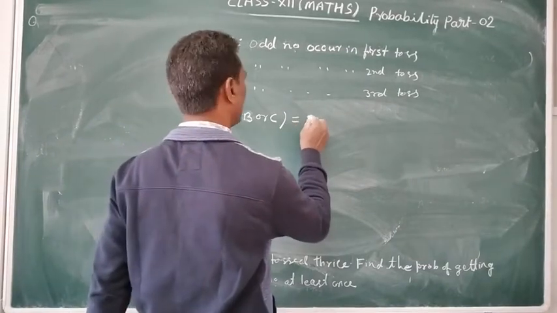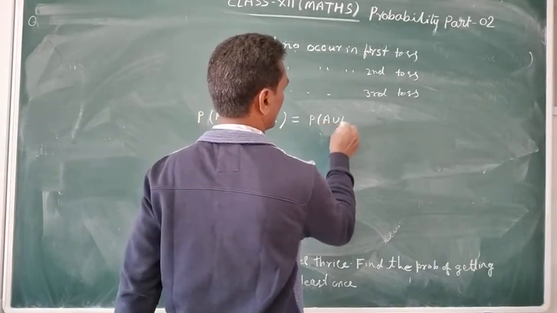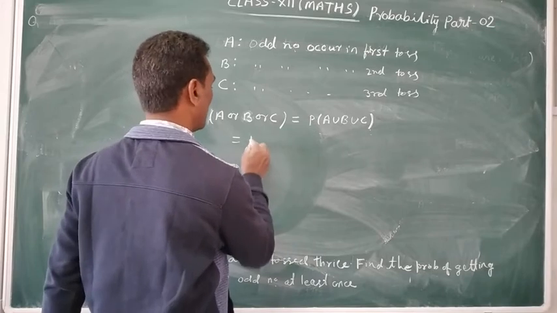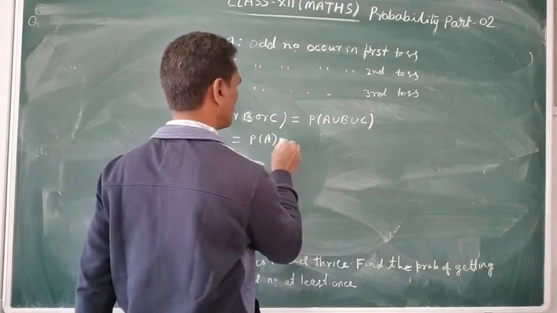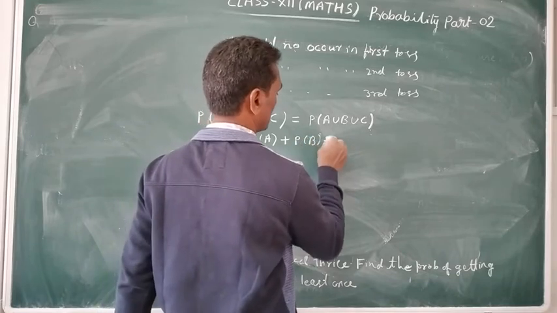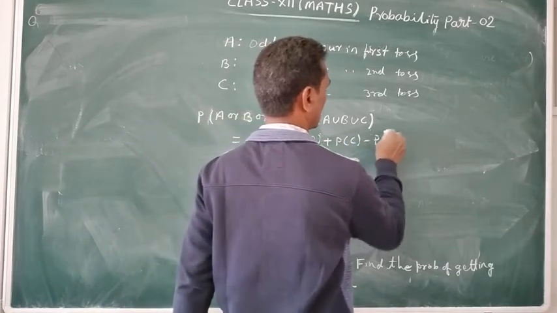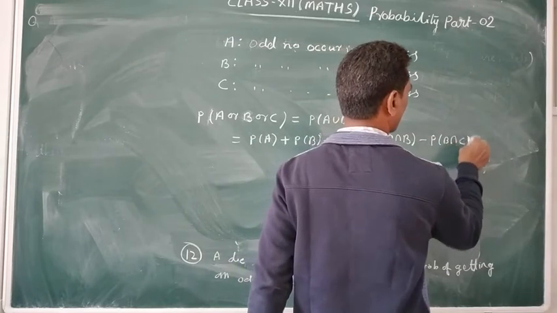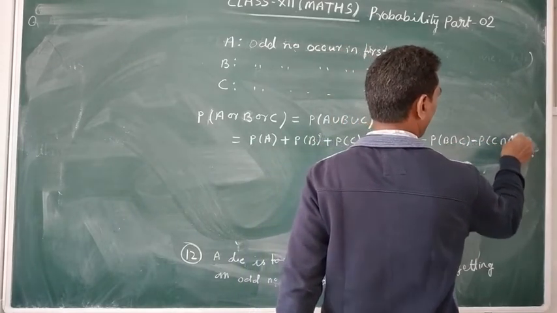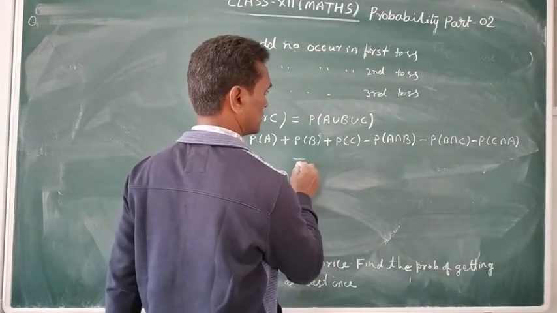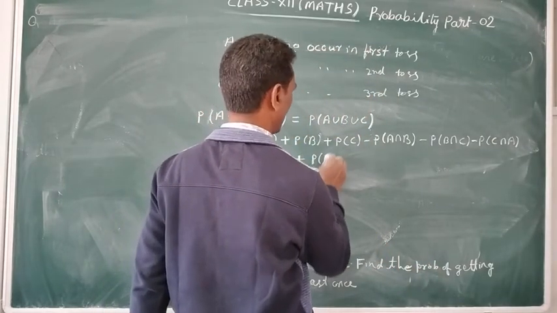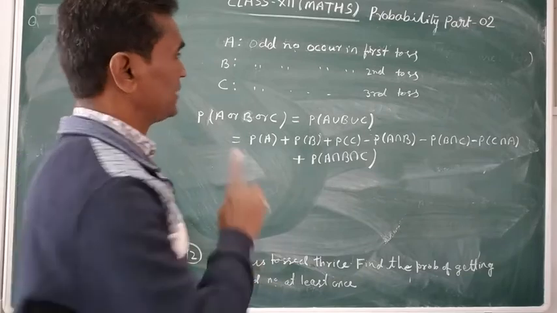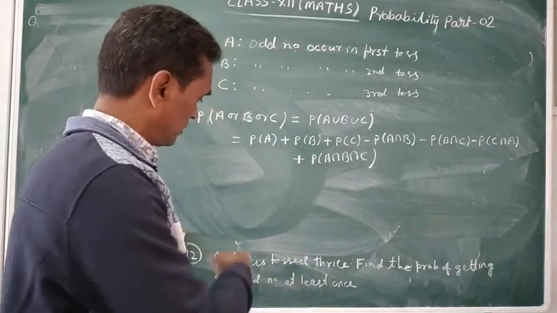So for all we apply union. Probability of A union B union C is equal to, by formula, probability of A plus probability of B plus probability of C, minus A intersection B, minus B intersection C, minus C intersection A, and plus sign probability of A intersection B intersection C. Since A, B, C are independent according to the experiment,